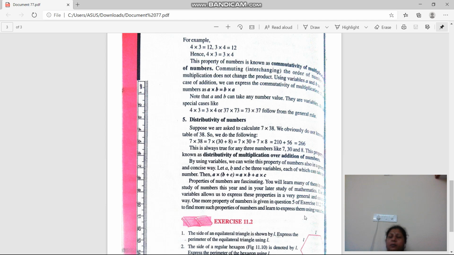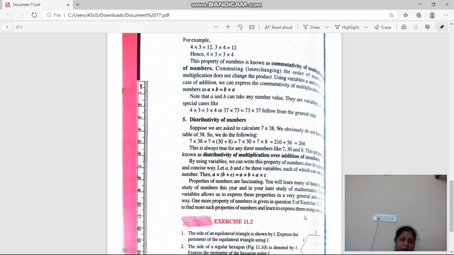There are so many properties in arithmetic also. So I think we have seen here 2 or 3 properties. Okay, if you want to prove or express more properties, you can take variables instead of numbers, and you can prove it. Okay, so in the first video we saw how variables are useful in geometrical rules, and in the second we study arithmetic. Get it? So in exercise 11.2 we see how to use the variables in different properties.